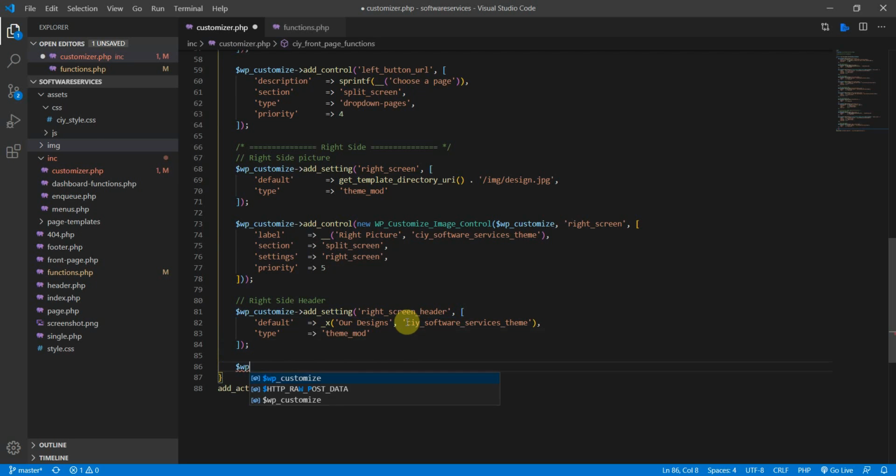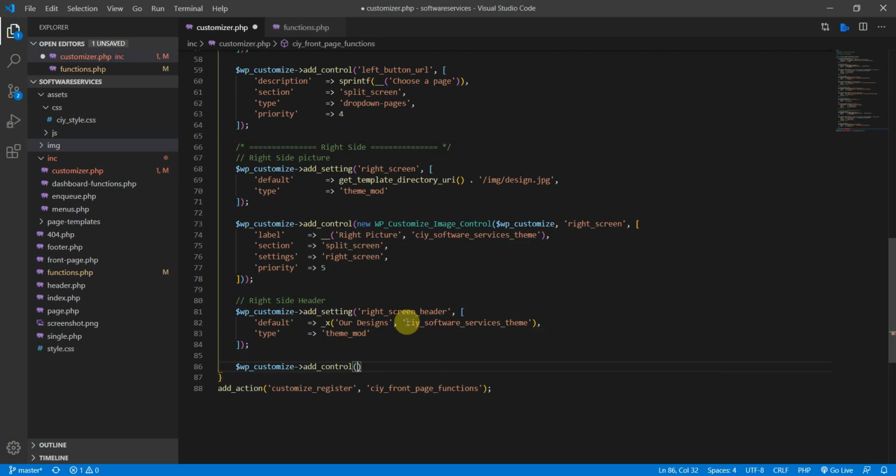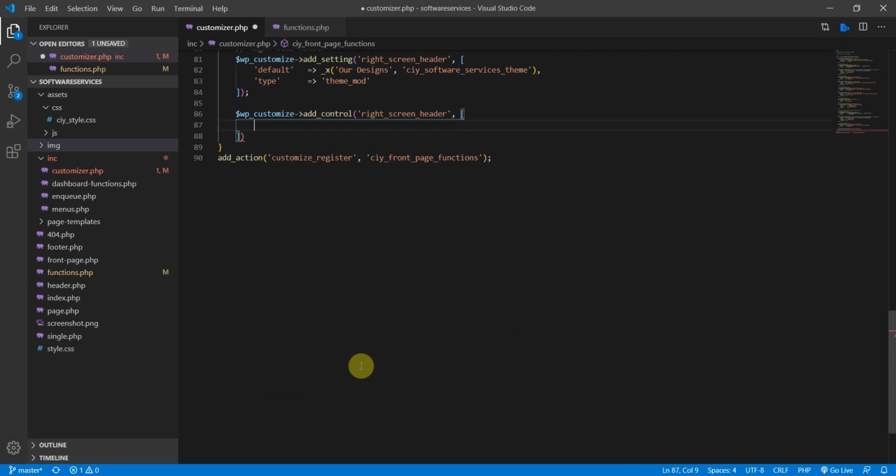All right, then add a controller, add control. All right, and then we need the settings name down here, and the array, and scroll up a little bit more so you can see. And on the right screen header we need the label,